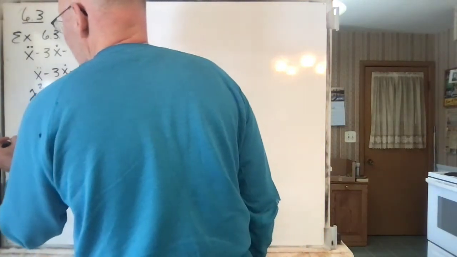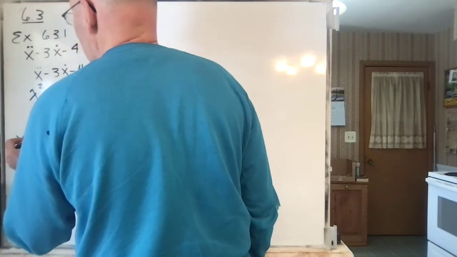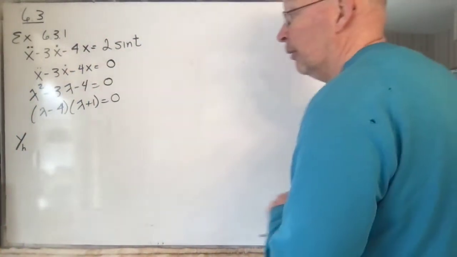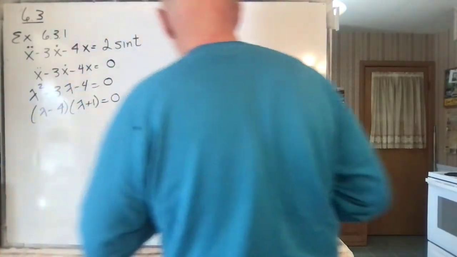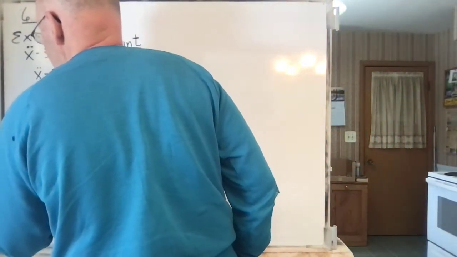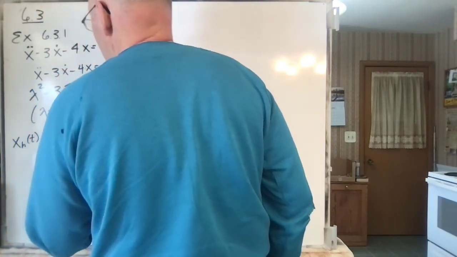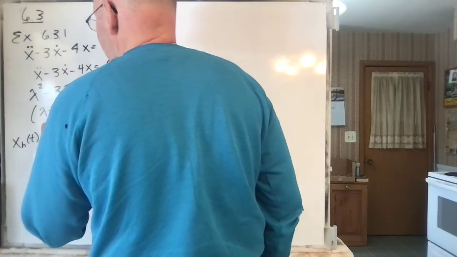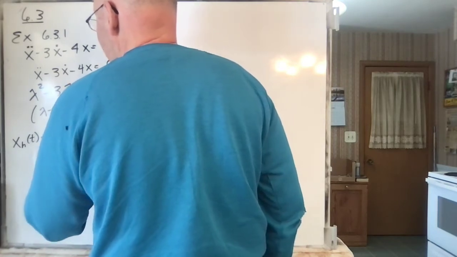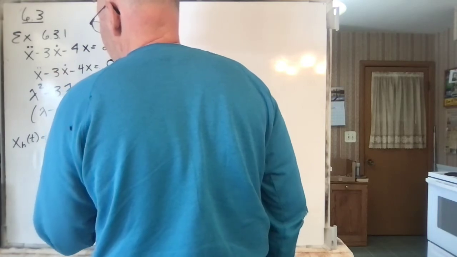And voila, we get that our solution to the homogeneous equation, I guess it's x rather than y now, is alpha e to the positive 4t plus beta